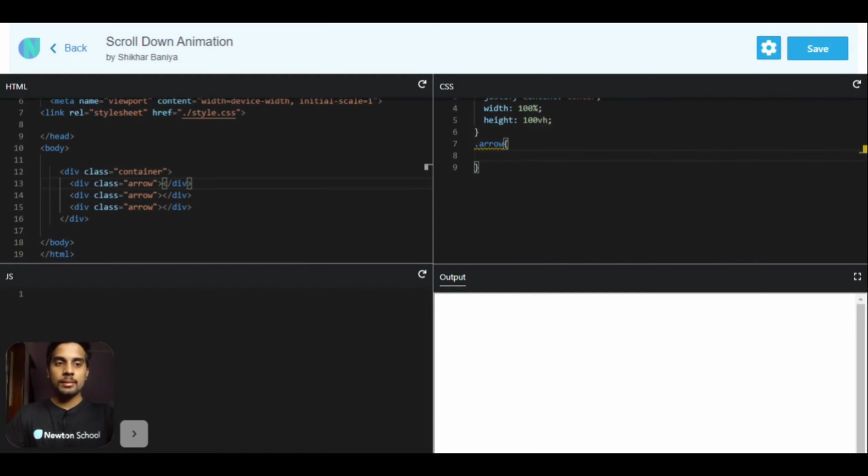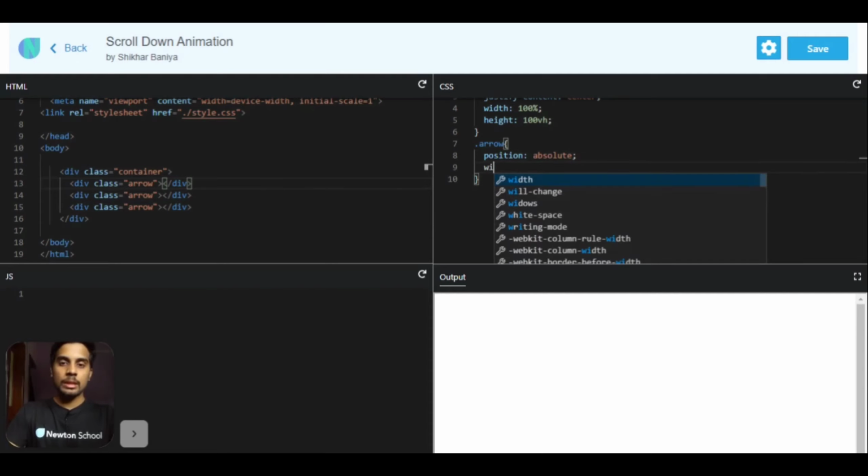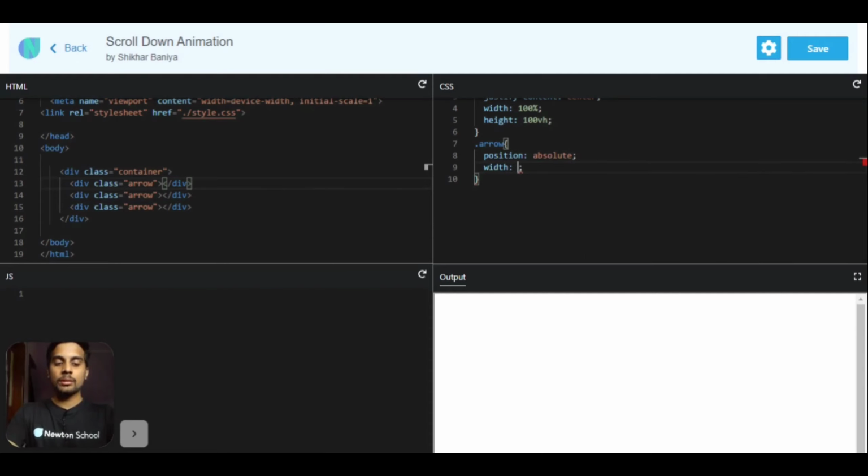Okay, now let's target the arrow and let's give it a position of absolute. Then it needs to have a width, let's say 2.01 em, and a height of 0.48 em.